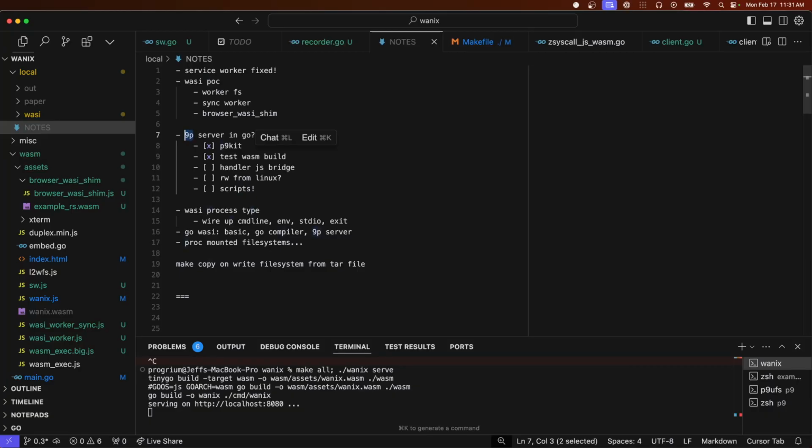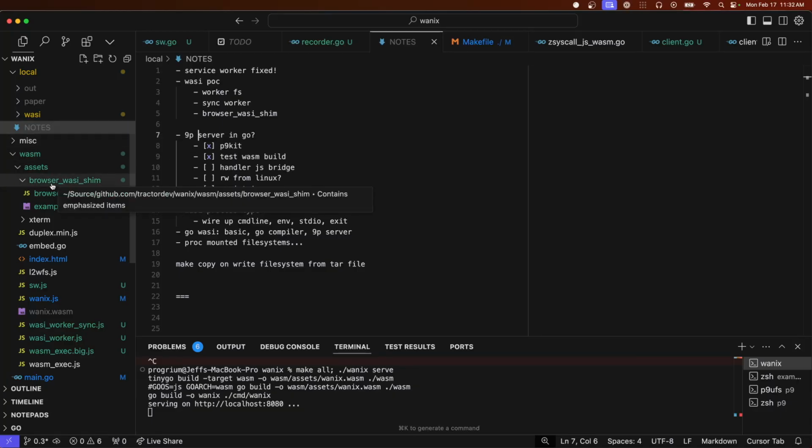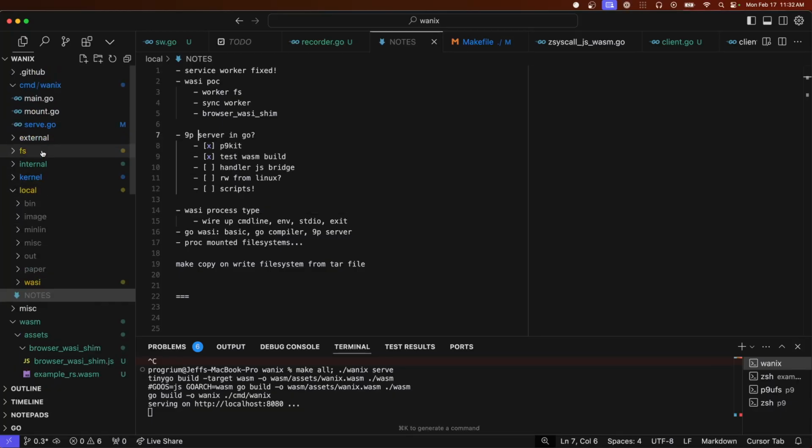You don't need different protocols for different kinds of things. But anyway, 9p is used in a lot of emulators to share, whenever you want to mount a directory from your host into the guest, it's often using 9p because it's such a simple protocol. And v86, although it has a way for you to do networking,